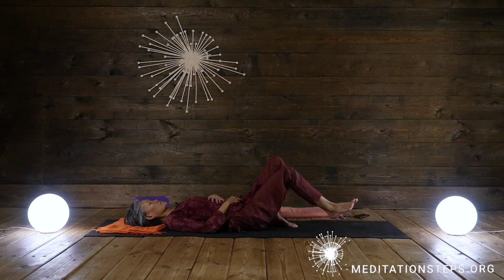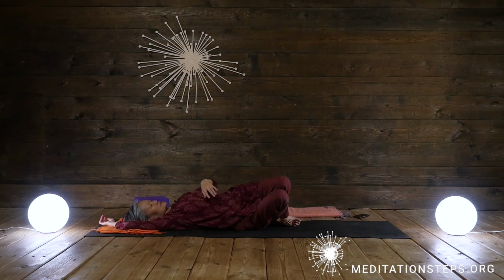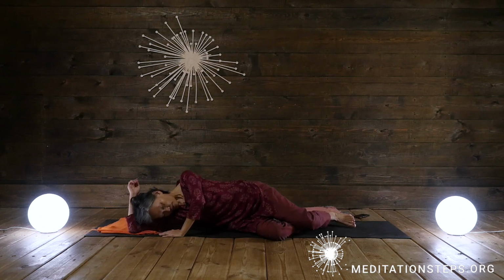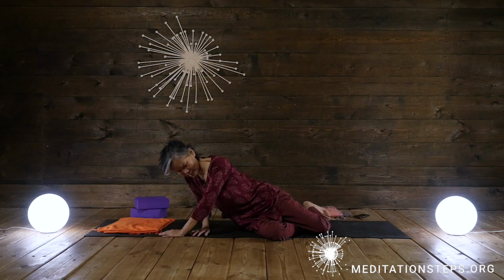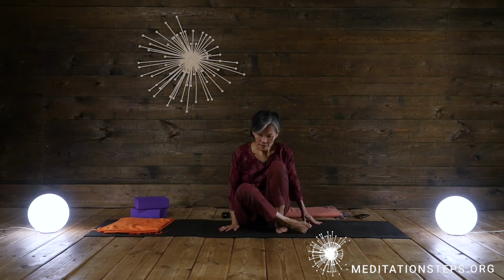Maybe about 1 minute. You can open your eyes, roll to one side, perhaps to the right side. Bend the knees with your hands. Come up with the neck as the last vertebra to be up. Okay, we've done